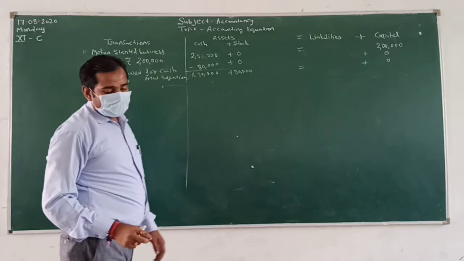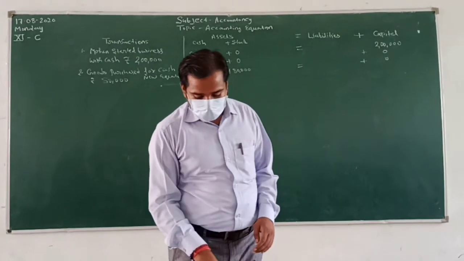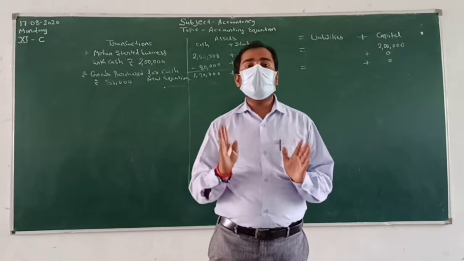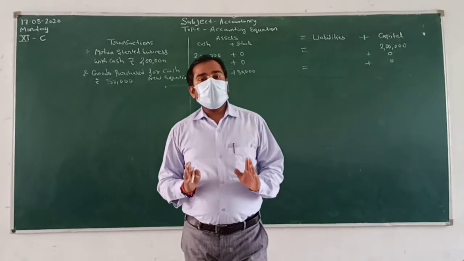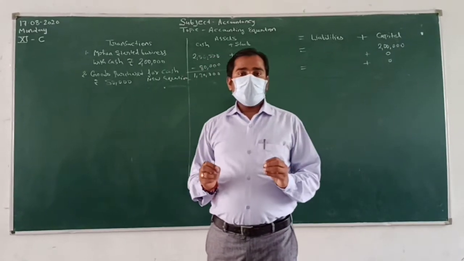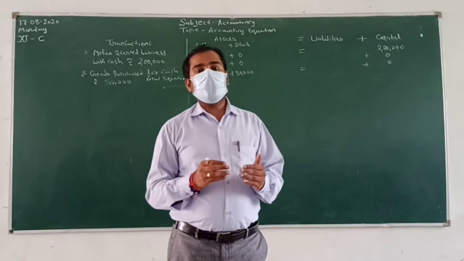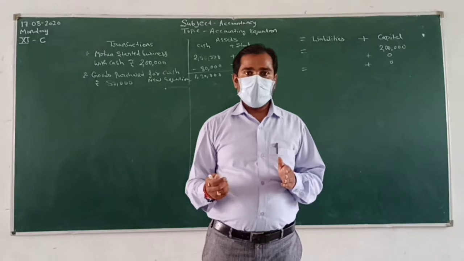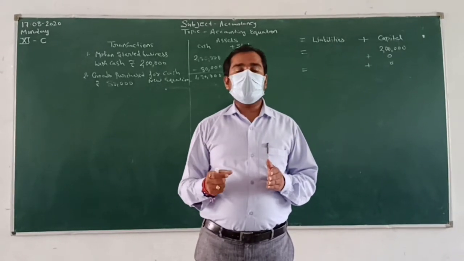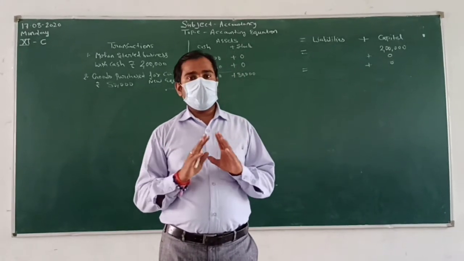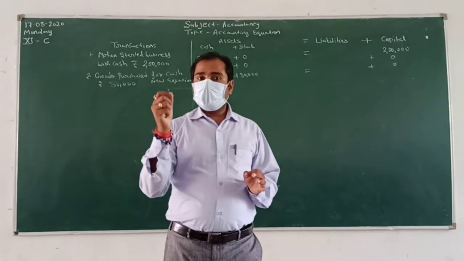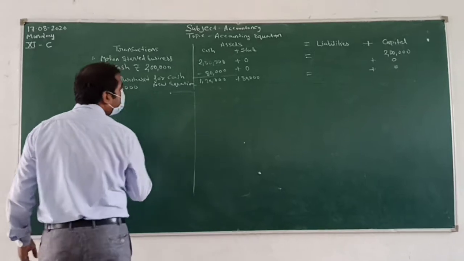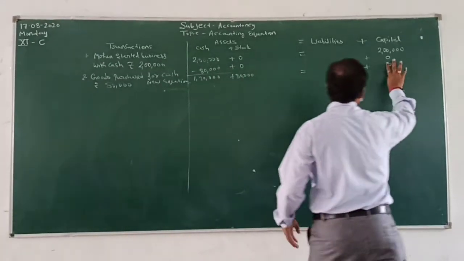After that, our third transaction is: purchase from Messrs Shyam Furniture 50,000. When we purchase furniture and we do not do the business of furniture, then the furniture will be treated as our asset, not the stock. And here is a credit transaction because the cash is not used and the furniture is purchased on credit basis.